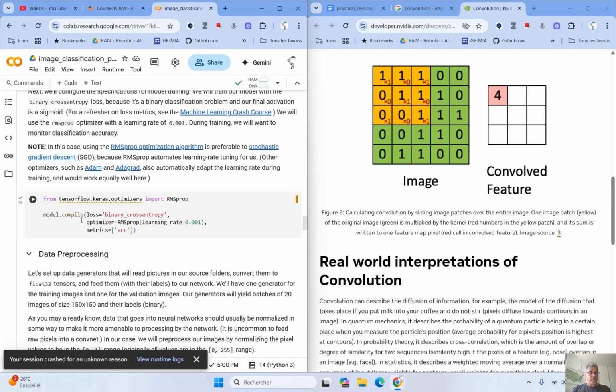Now we have made the model. We can compile it to be able to use it. So we specify the optimizer, how we will calculate the loss, and the metric which will be used. We will just compute the accuracy.